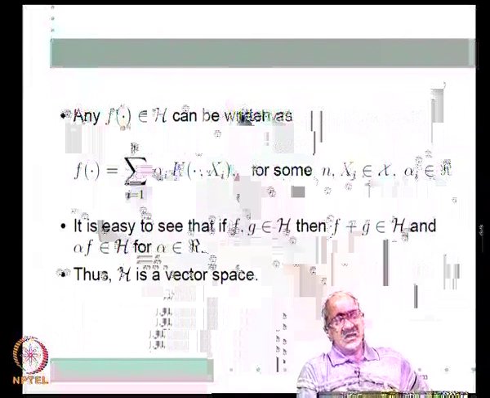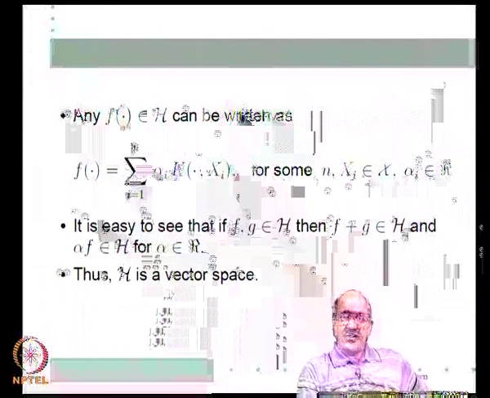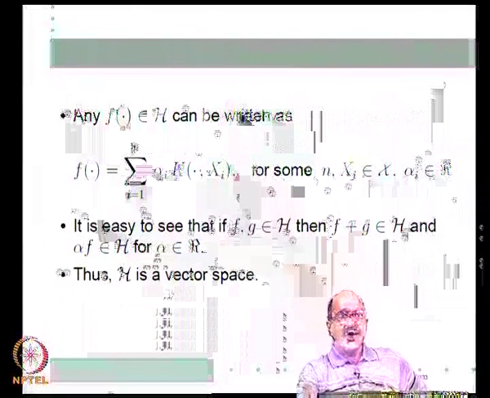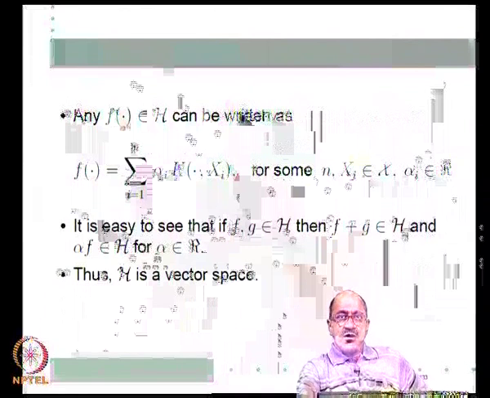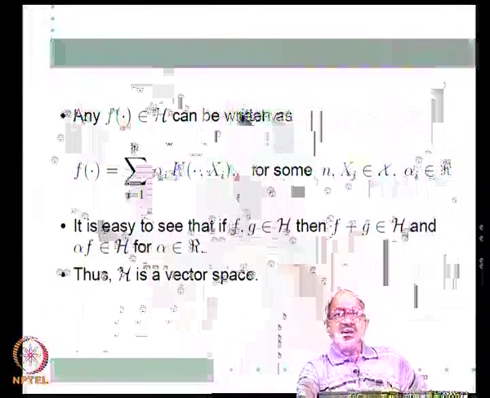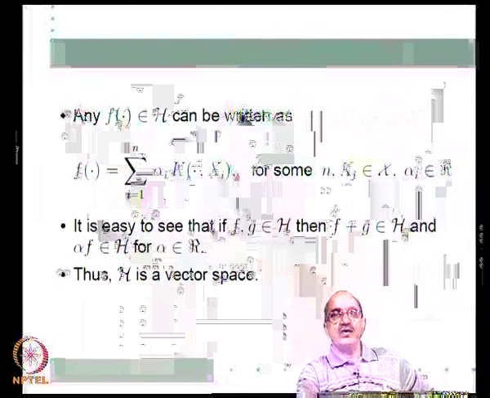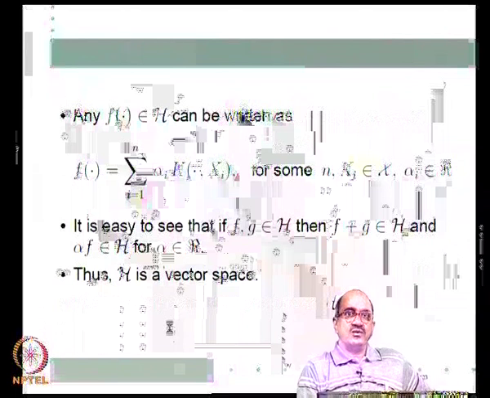As I said, everything I say in this lecture can be extended to the field of complex numbers with minor modifications, but for simplicity we will stick to all scalars being real. So, what we showed is that if we take finite linear combinations of kernels centered at any points in X, and call that the space H, then H is a vector space under the usual function addition and scalar multiplication. Now we are going to define an inner product on the space H,